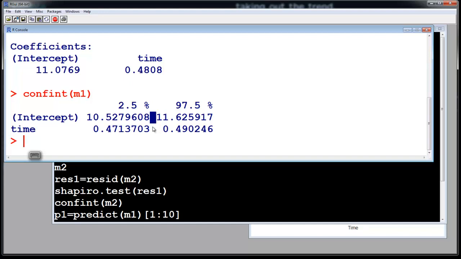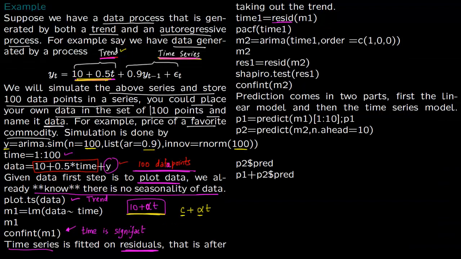So let us record what model we got. So this is the model we fitted. So we started with this model 10 plus alpha t, where alpha was 0.5. So this is the model we started with. But when you fit it, this constant comes out to be 11 and this alpha comes out to be 0.48. So notice that this 11 and 0.48 are different from 10 and 0.5, the process we generated. But they're not that different because